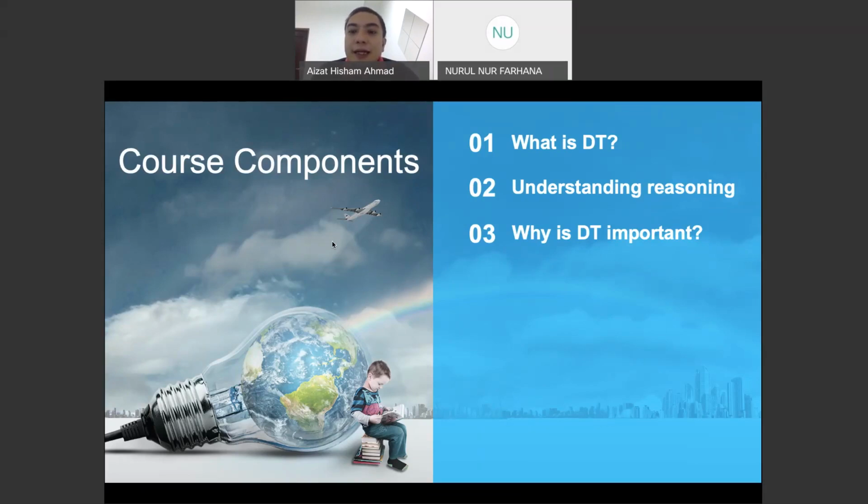Why I want to highlight the importance of DT is that some organizations, such as our Ministry of Health in Malaysia, have actually applied design thinking in order to solve the issues or problems that are currently happening. And WHO, I'm sure, also has applied some design thinking elements when it comes to trying to solve issues or trying to provide information not only to a particular person, but also to the whole world.